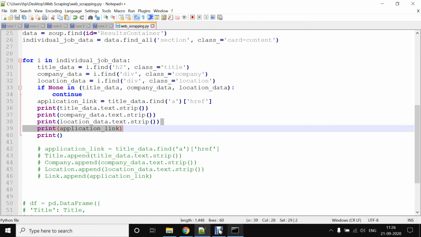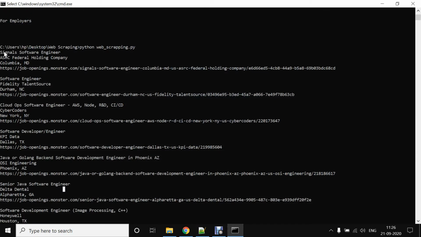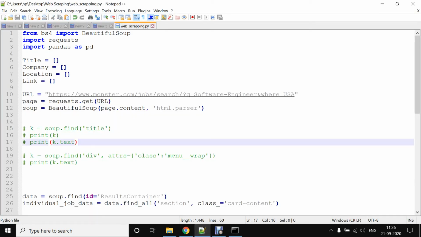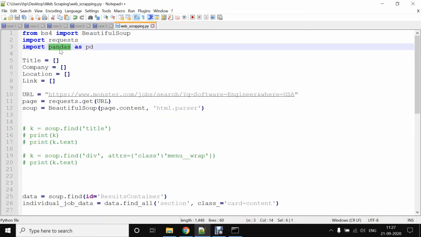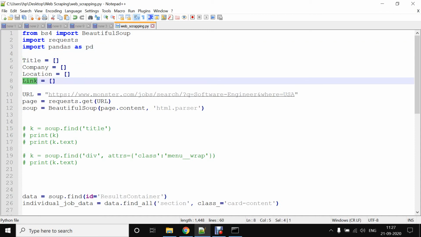So now for the purpose of moving all this data to a CSV file, what we have done is we have used a pandas data frame. If you are aware of this, then it will be easy, but you can easily understand it. This is also one Python package which we are using. In this, we are fetching: title, company, location, and link. Four things we need to import to our CSV file.